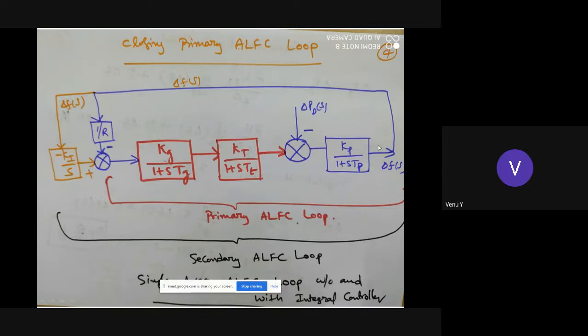This is the generator load model. This is the turbine model. And the speed governor model. Last one. Okay, all these models are connected together to form the